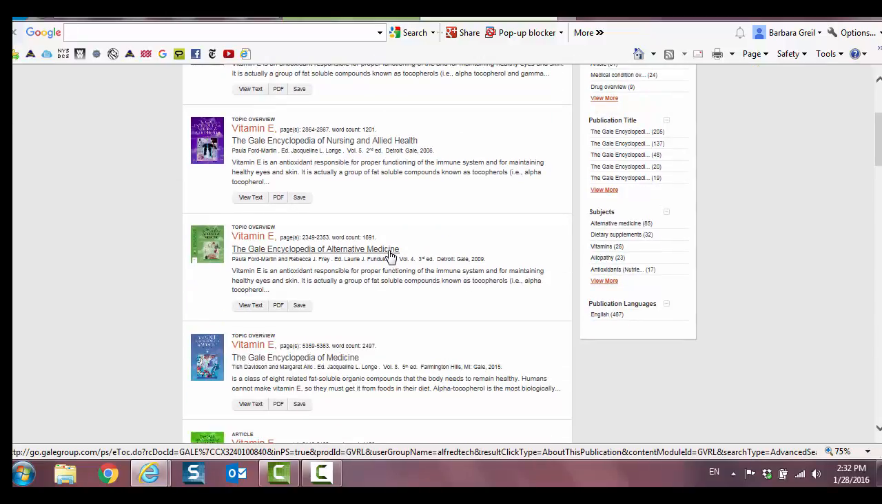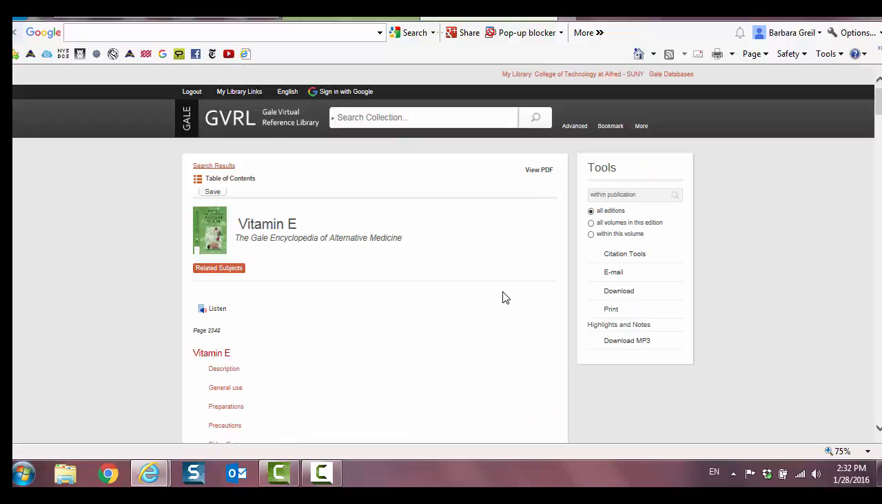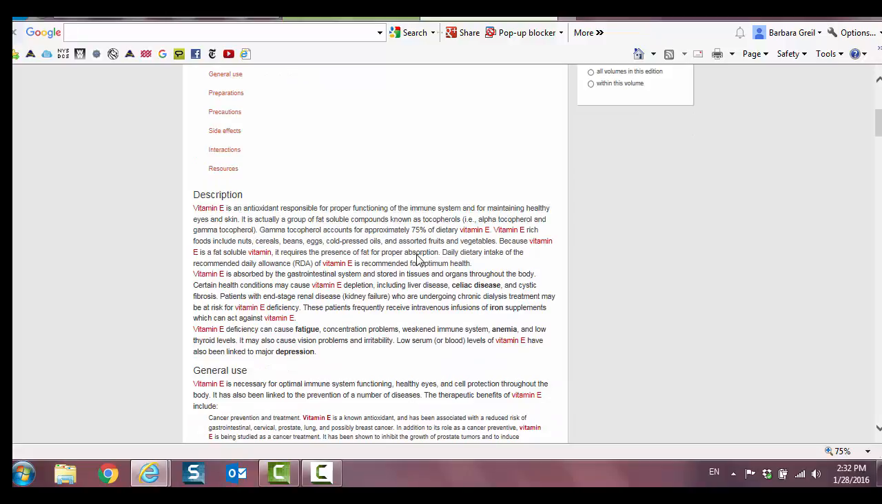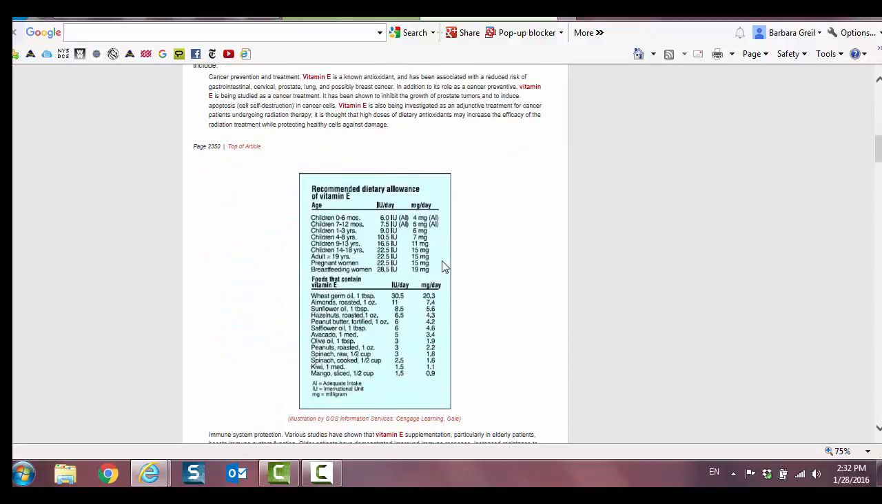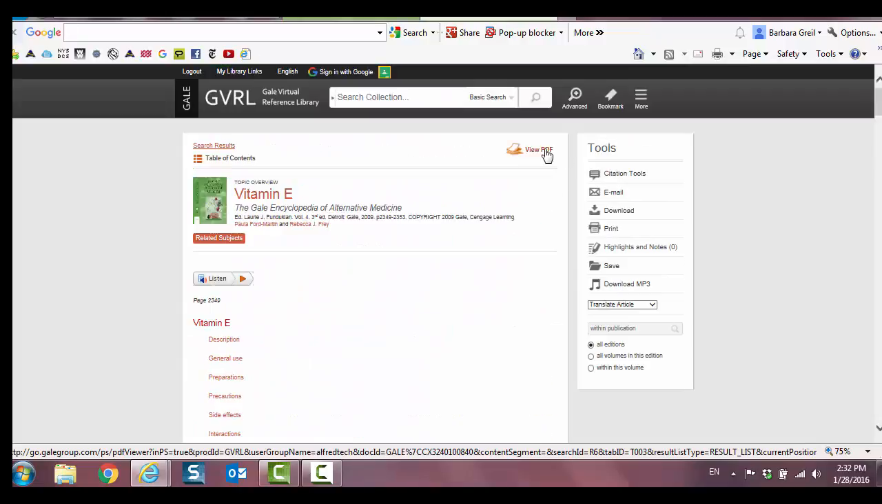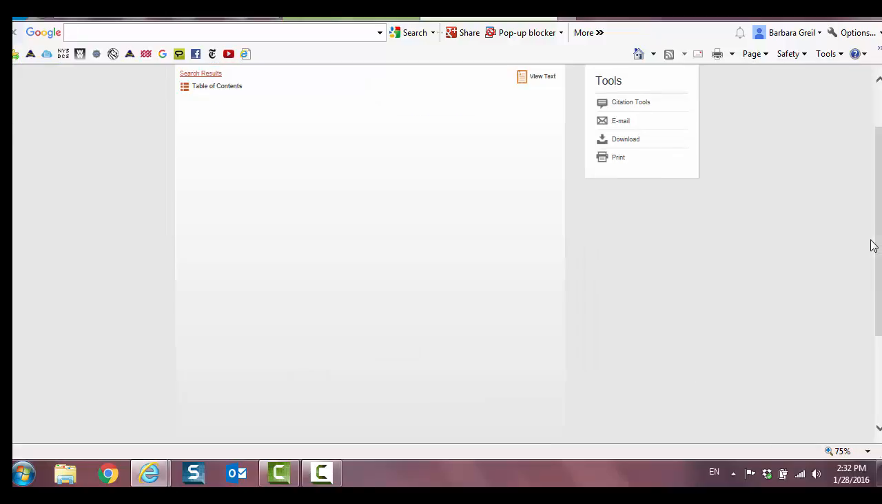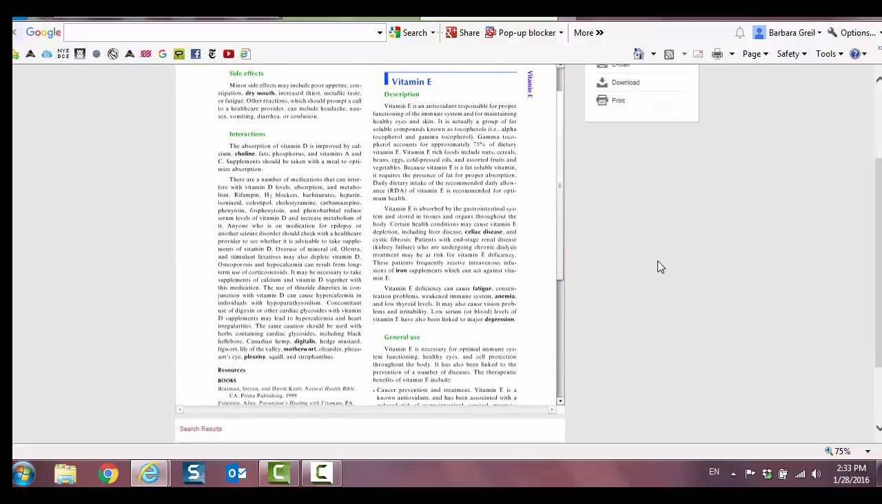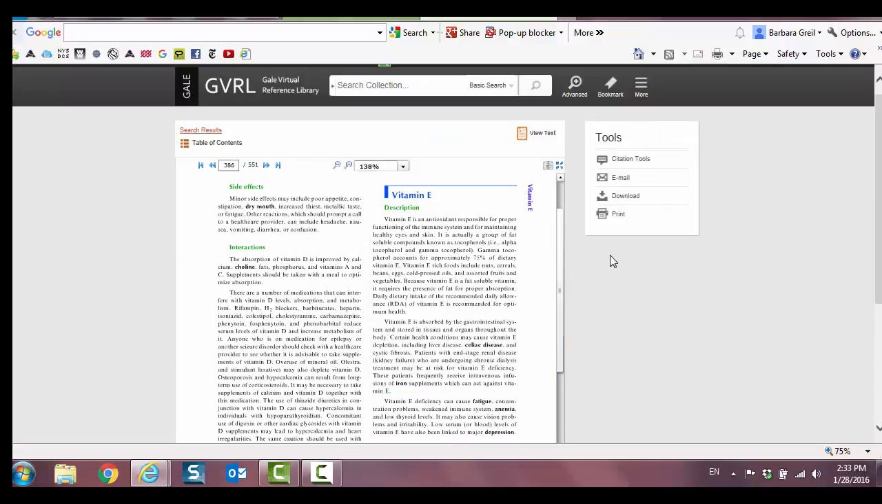Here's something from the Encyclopedia of Alternative Medicine. That might be interesting if we click on the link. Here is the article. These are the various subtopics under the main article. Generally speaking, it displays in this HTML format. And if you want, you can click on this link, and in theory, if not reality, it should eventually display as a PDF document so that you can actually see the article as it appeared in the publication,